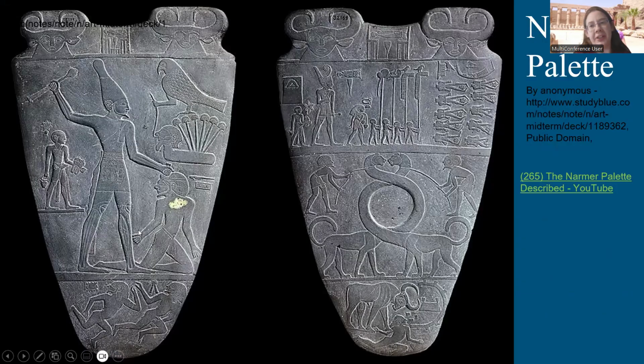So this is both sides of the Narmer palette, which is one of the most important objects that we have, that seems to have been made around the time of unification. And it is called the palette because it comes from an original class of objects that were palettes that were functional. So these were objects that were in the shape of different stones that were used to grind up makeup or pigments.